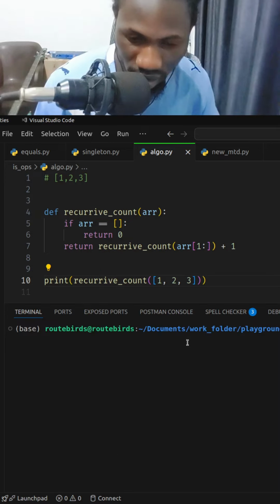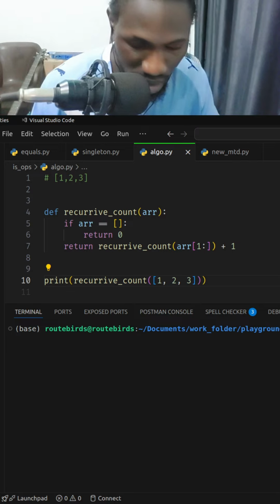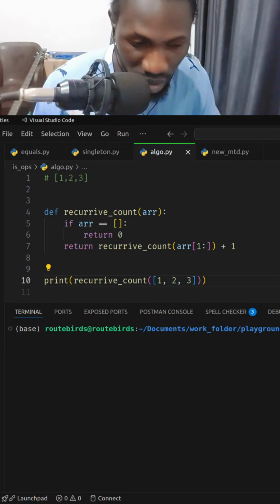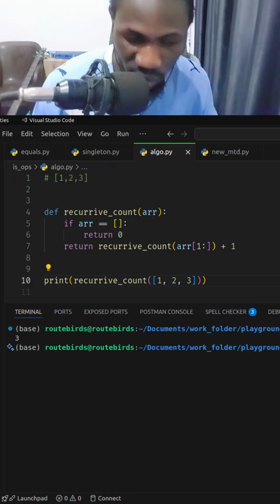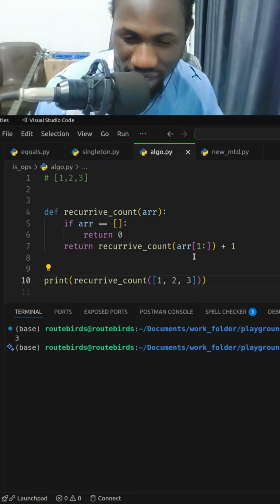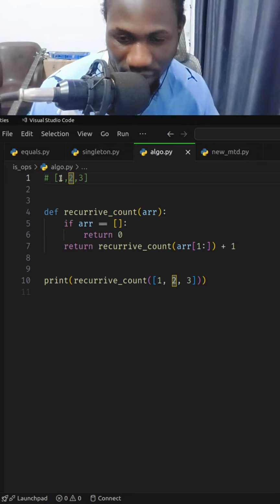So let's run it with Python, algo.py, and voila, I got 3. What is happening here is that the first time this array comes in, we reduce it by 1. We take 2 and 3, and then we add 1, and it's going to go again, and then we take